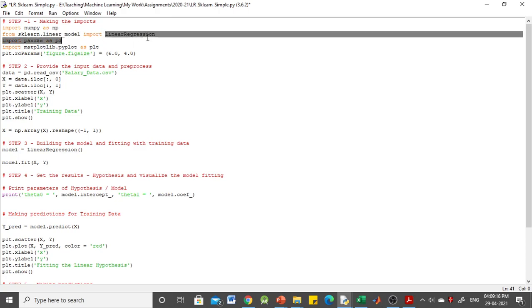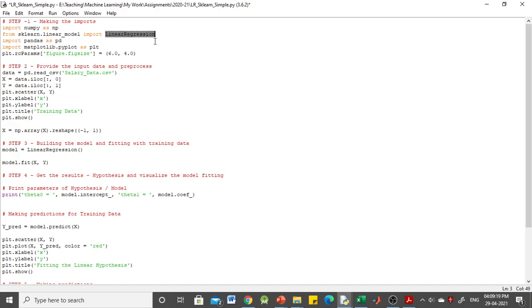The class LinearRegression will be used to perform linear and polynomial regression and make the predictions accordingly. So in step number 1, we are making the necessary imports.